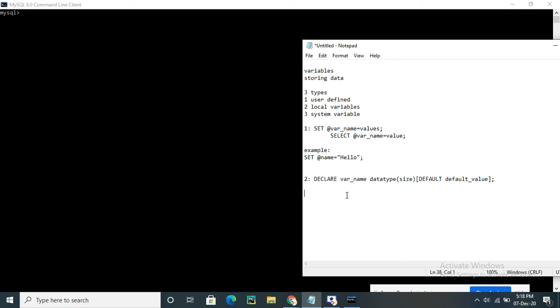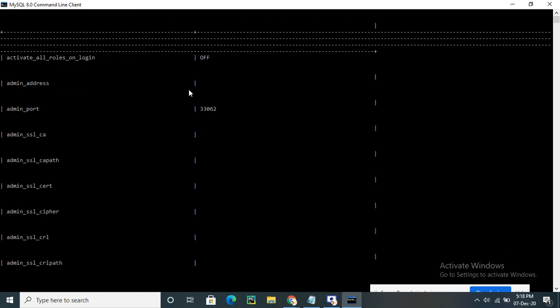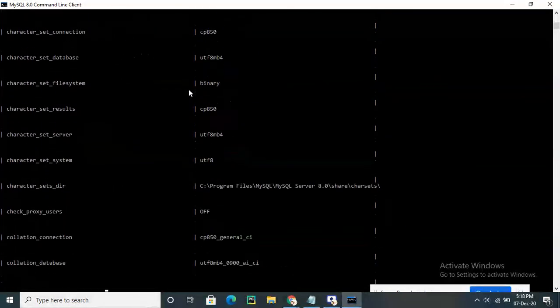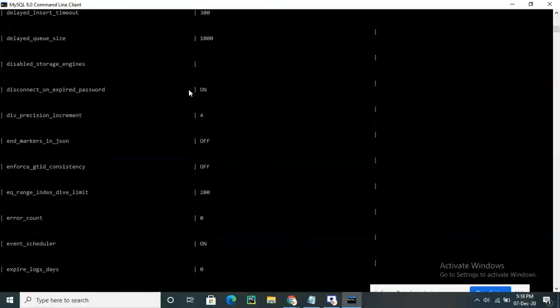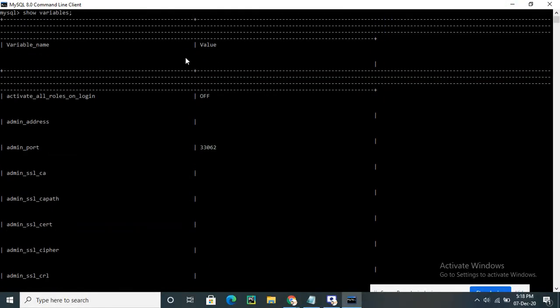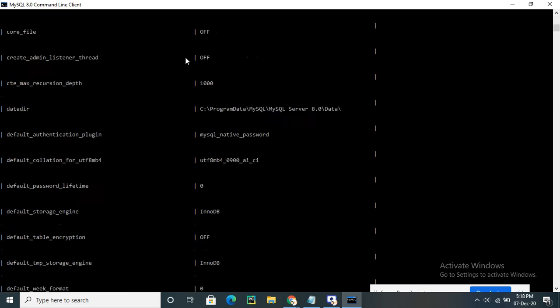If you want to see the available variables, you can make use of the SHOW VARIABLES command. Sorry, SHOW. See, you can observe here all the available variables are shown.